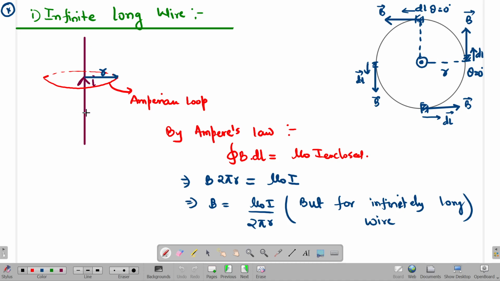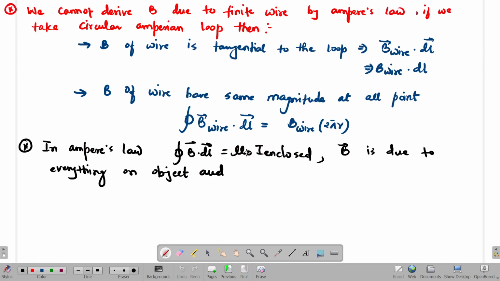Is there no resistance in the wire? If there is some resistance in the wire or not, some little bit. I'm not talking about maximum or minimum. I'm talking about that fraction of current which is lost here and there. Are you able to get me or not? So if we consider Ampere's law, then B is due to every such current.